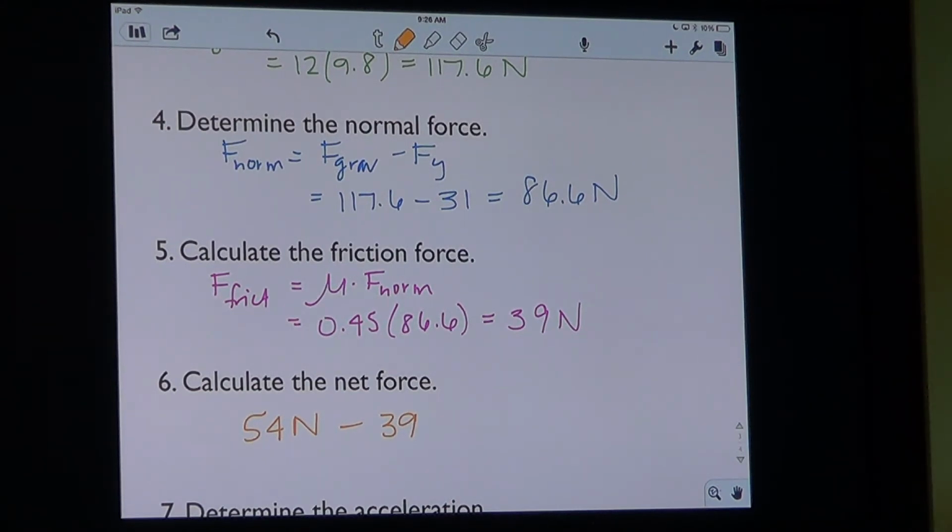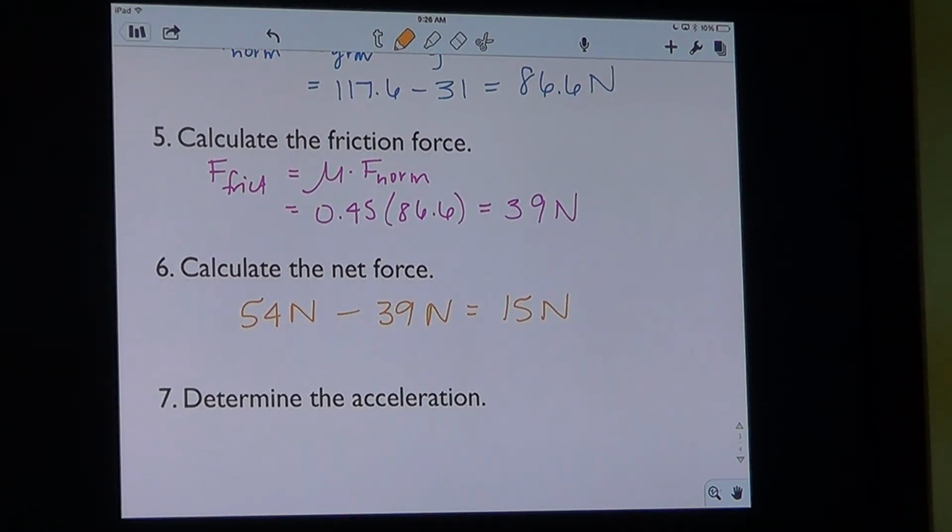I'm hoping that you're being a little bit more exact on your calculator. That's about 15, but hopefully your calculation is a little bit more precise. And then you can use that last formula to calculate the acceleration. Why don't you guys just do the front side of this, and then we will discuss on